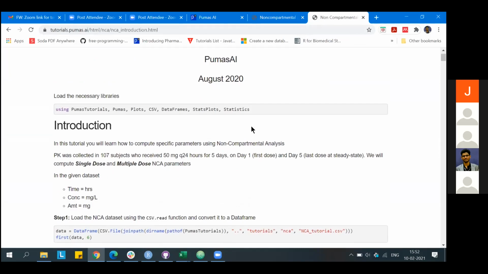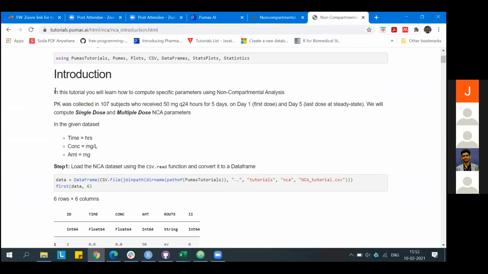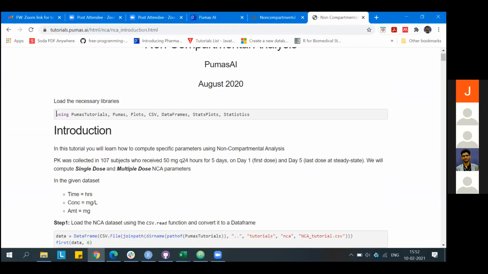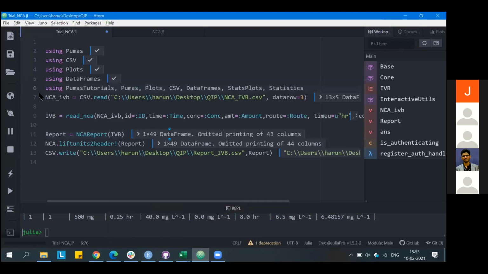Whatever you see within these blocks are the codes, and the texts are just explanations. If you want to copy paste this whole thing, you can just copy, paste it here and press control enter.